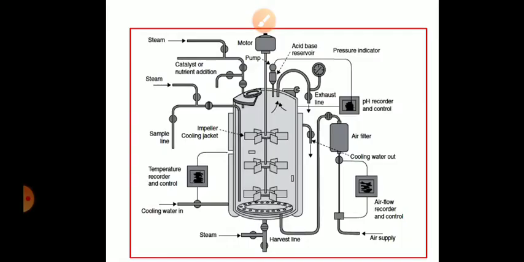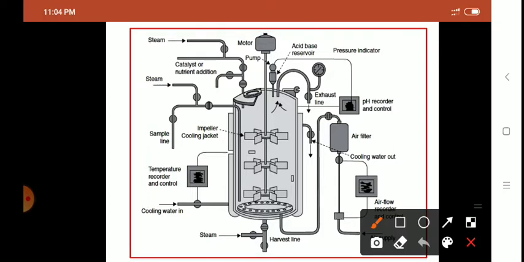Right. So if you look at this fermentation vessel, you can see there is a motor. To the motor is attached a rod that is called a shaft. To the shaft are the impeller blades. These impeller blades help in agitation and mixing. Then there is an air filter through which filtered air is passed to the air sparger. This is a ring sparger through which air is introduced into the fermentation vessel.